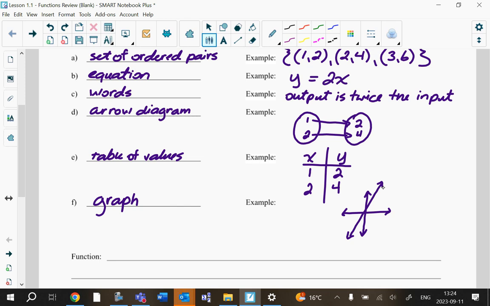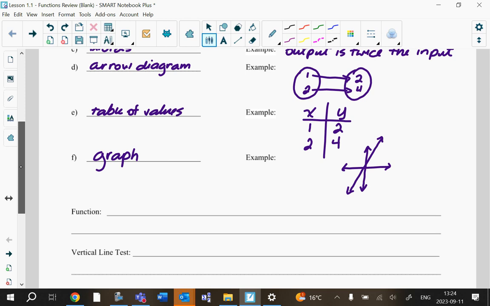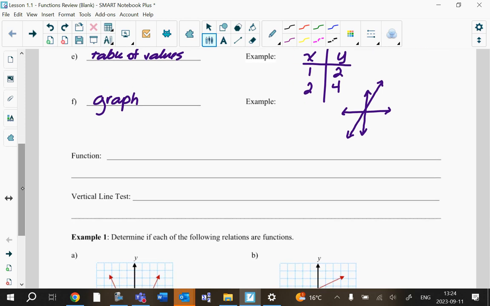And of course, much of what occurs in society is a relationship between two things, whether they're numbers or words or whatever, or people or objects. But then we talked about a specific type of relation called a function. Remember, anybody? What makes a relation a function? It's probably hard to remember. But a function is a relation